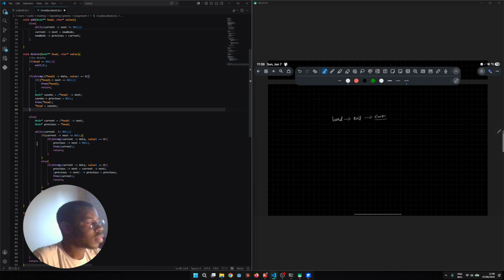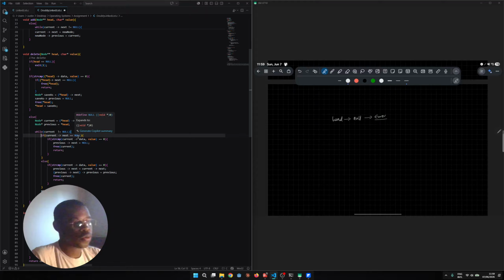Then we check to see if current.next is equal to null. Basically what this is saying is that if current.next is equal to null, then current should be at the last node in the linked list. So this specific if statement is for an instance where